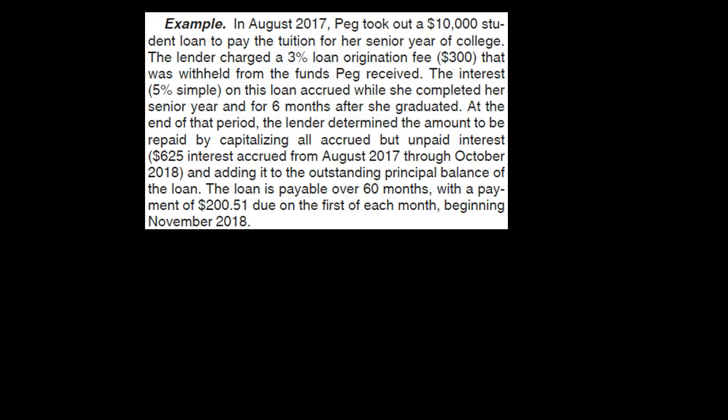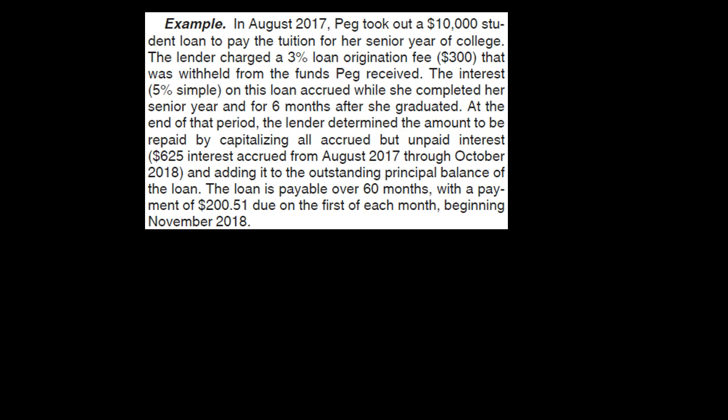Back to the text. Example. In August 2017, Peg took out a $10,000 student loan to pay for the tuition for her senior year of college. The lender charged a 3% loan origination fee, which is $300, that was withheld from the funds Peg received. The interest, 5% simple interest, on the loan accrued while she completed her senior year and 6 months after she graduated. At the end of that period, the lender determined the amount to be repaid by capitalizing all accrued but unpaid interest, $625 interest accrued from August 2017 through October 2018, and adding it to the outstanding principal balance of